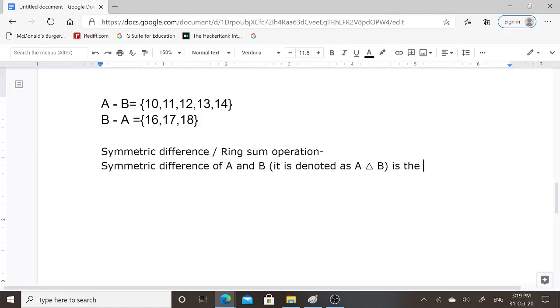It's the set of elements that are present in set A or set B.